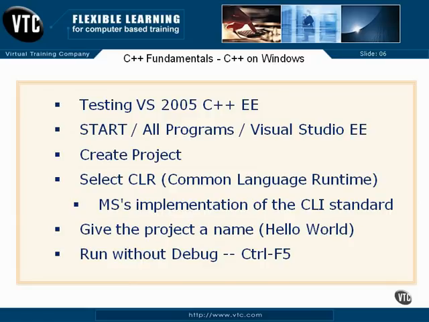So if you're part of a development team and somebody wants to create in J# or C# or somebody else wants to do Visual Basic, if they select the CLR, the Common Language Runtime, then things will be loaded properly and each of you can call the other's functions and share information and share blocks of code between each other. We'll give the project a name, call it Hello World, and then we will run our little project